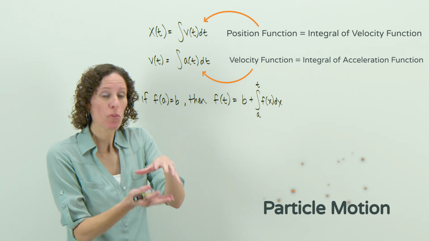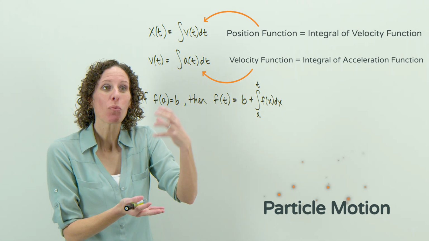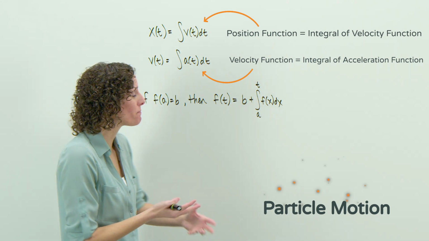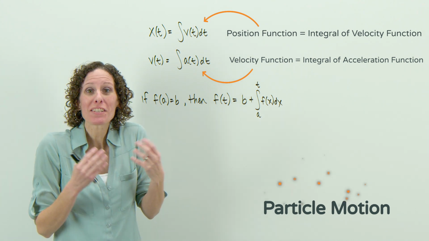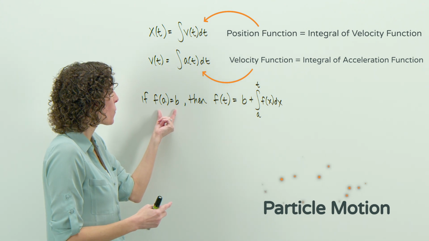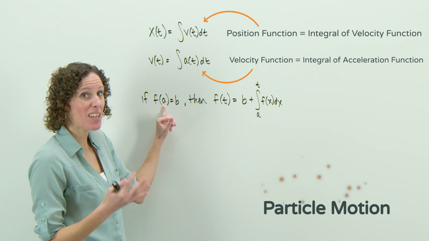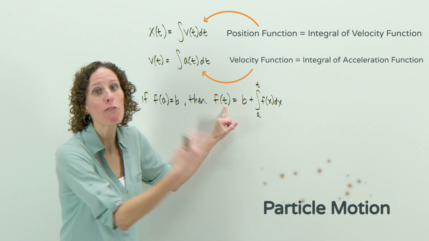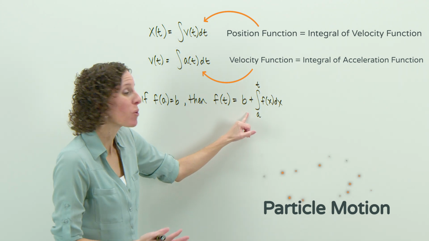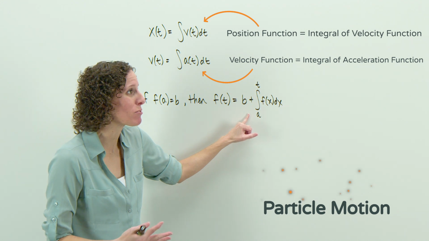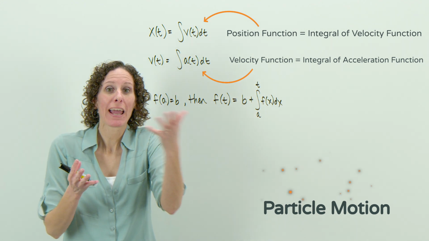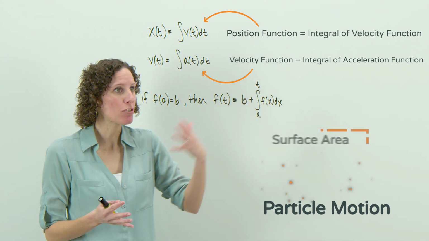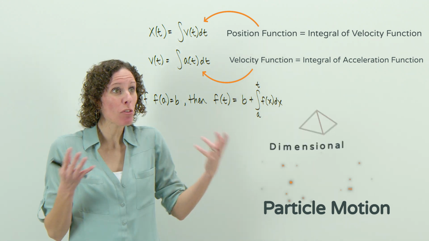By integrating the derivative, we get that original function, which is helping us to find distance traveled or overall velocity or even speed. What we can actually then write are definite integrals. If we have an initial condition, we can say, when time equals a, we know our position is b, and then we can use integration to find how far we've traveled after a certain time interval. So we're not only finding area under the curve, but we're finding distance, which will then help us to find arc length functions and surface area and solids of revolution and three-dimensional shapes,